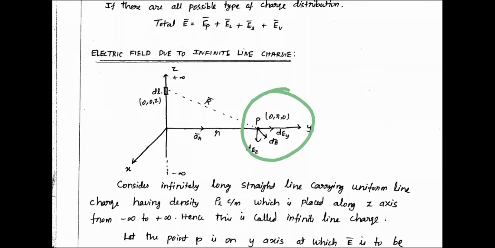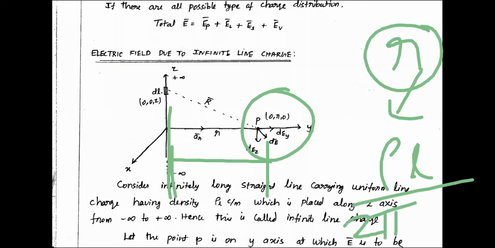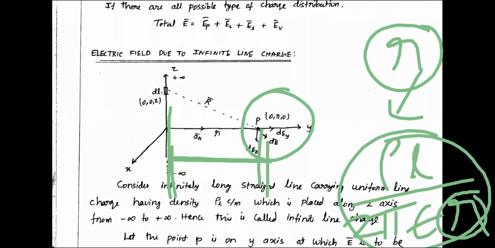But one thing you have to note down. What is your perpendicular distance here? That is small r. What is your perpendicular distance from the line? That is small r. Then what is our observation? Definitely my final answer should depend on that small r, 2 pi epsilon r. Because what I have told, rho L divided by 2 pi epsilon, where one parameter will come, that parameter is the perpendicular distance from the line, that is r. So my final answer will be like this, rho L divided by 2 pi epsilon r.